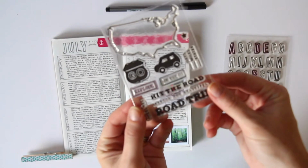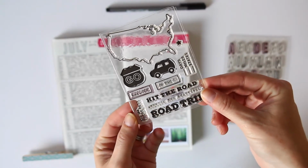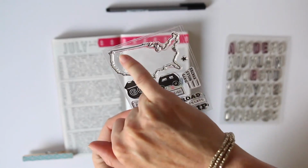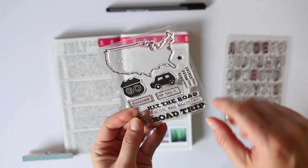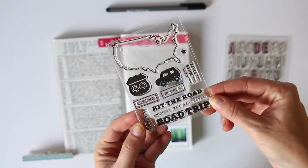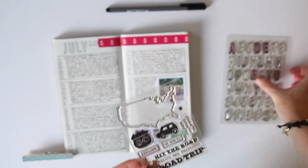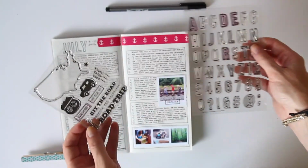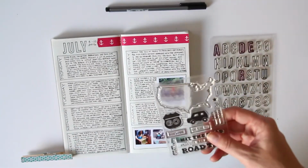So then I added a little stamp. This is the Kelly Perky stamp set, and I'm not sure what it's called, but it has an awesome little map of the US and some fun road trip type stamps that I was totally in love with, which is why I bought this set too, because I thought, hey, what the heck, if I'm paying for shipping, why not? And then of course Kelly Stamps came up with